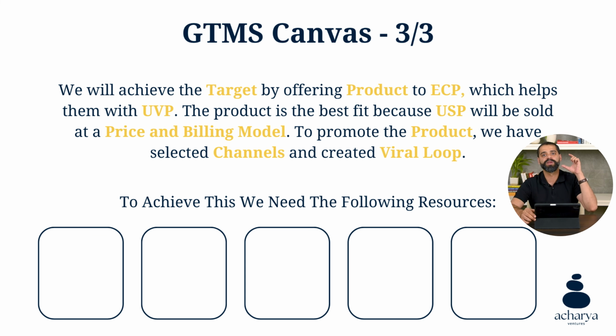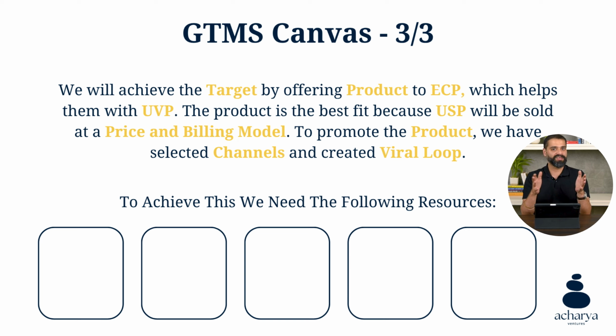And finally, you come up with these 3 lines, where the highlighted part is basically a fill in the blank for you. I've given you a suggestion. The idea for you has to be to come up with a very clear 3 line, and you'll be able to come up with this if you follow the first 2 parts of the canvas. So you will achieve the target for your company